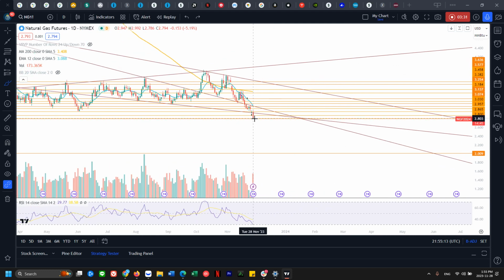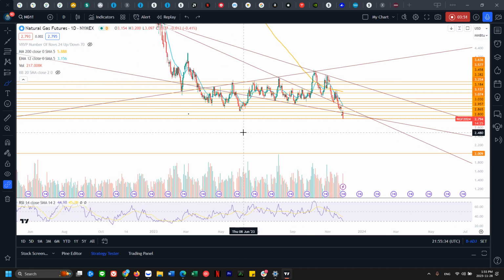So let's say we bounce from here a little bit, right? Or we get another drop, one more. It's really oversold. And then we bounce. And then RSI makes a higher low while price makes a new low. Then that could potentially mark the bottom as well, just like what it did back there. But as of now, we can't say any of that. It's too much hypotheticals at the moment, but we can say that it's slightly oversold.